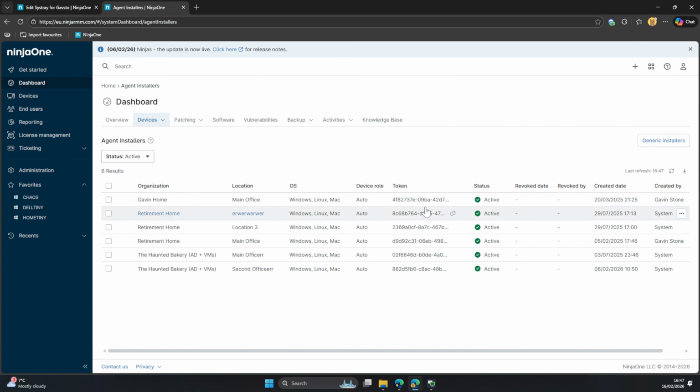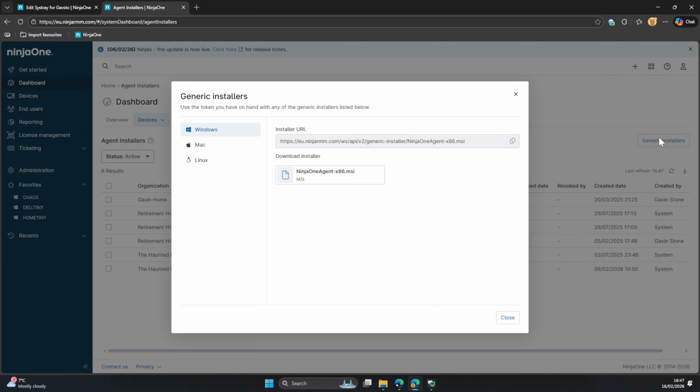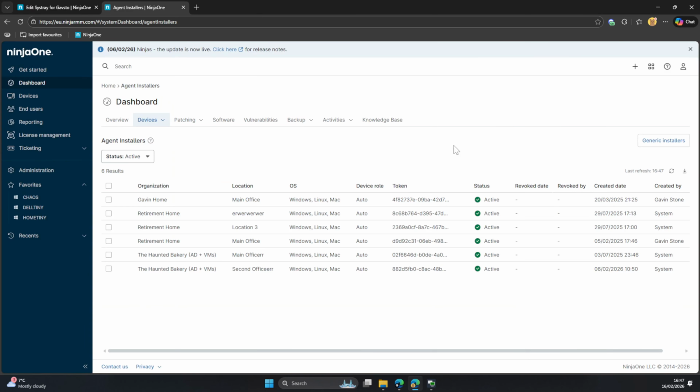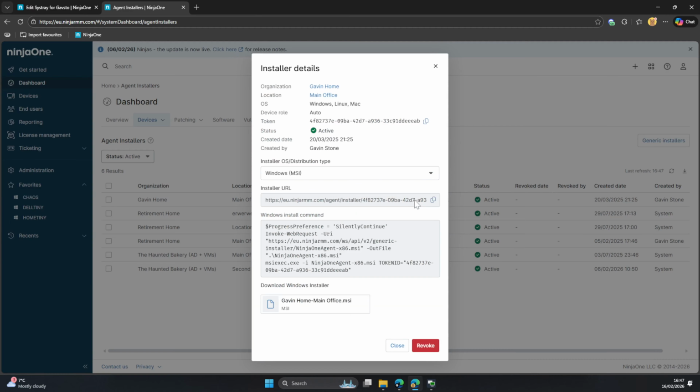In this list is a token that maps every organization and location to essentially an installer that you can use, and you can use this as a command line argument on generic installers, which are available here if you want to download them there. You can also click on the individual tokens and you can get things like a button